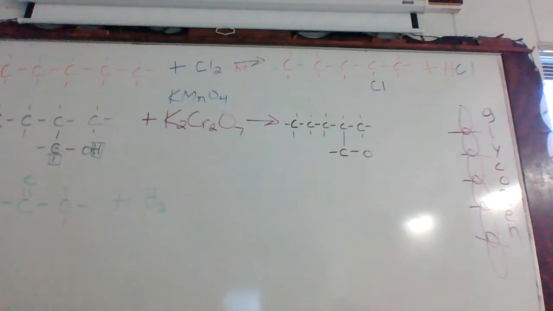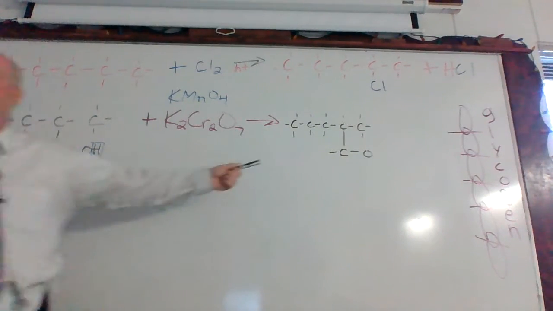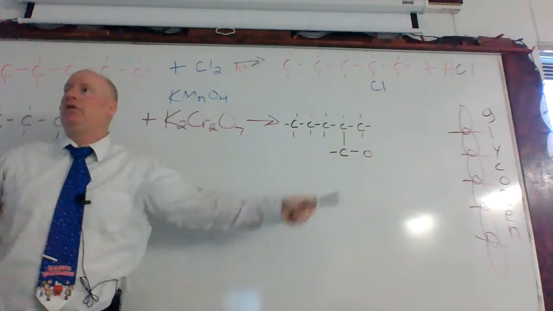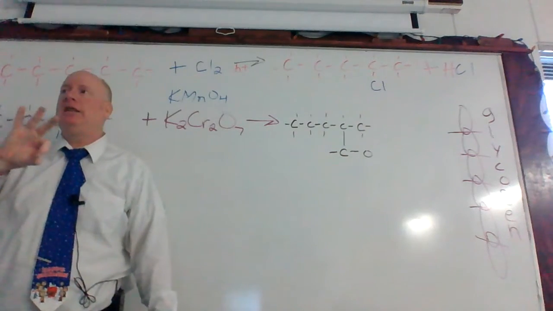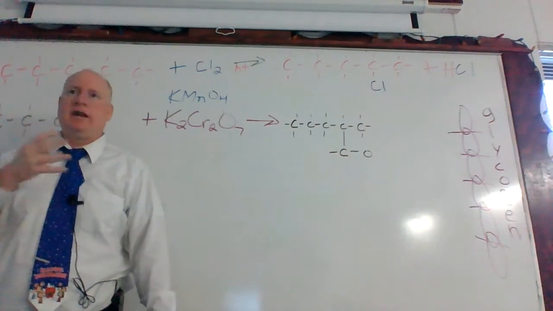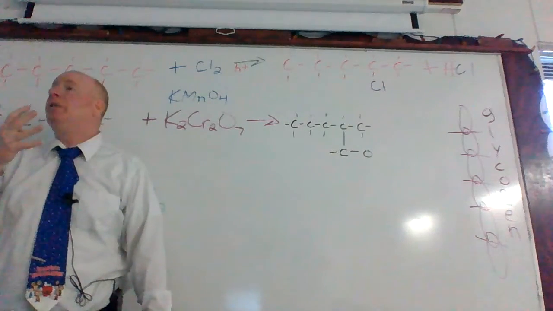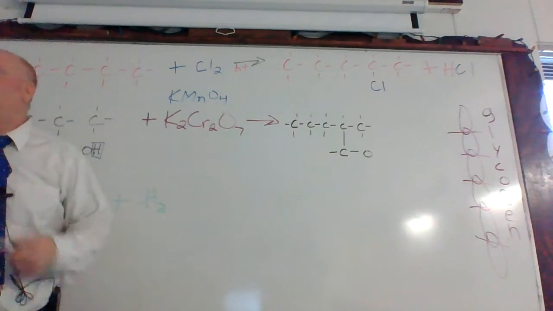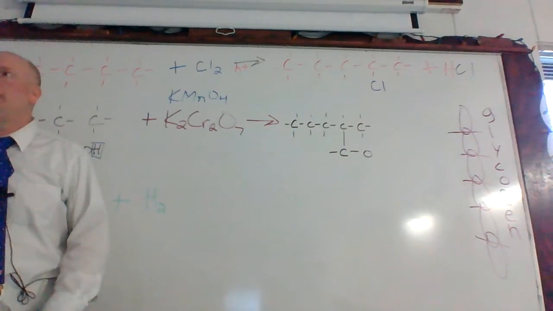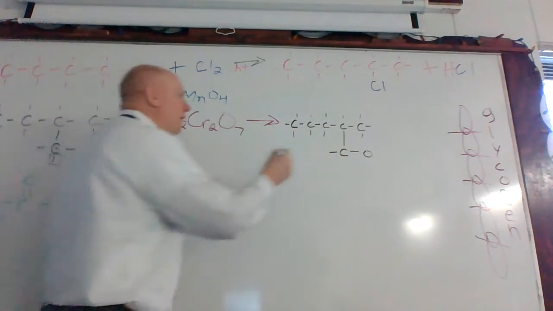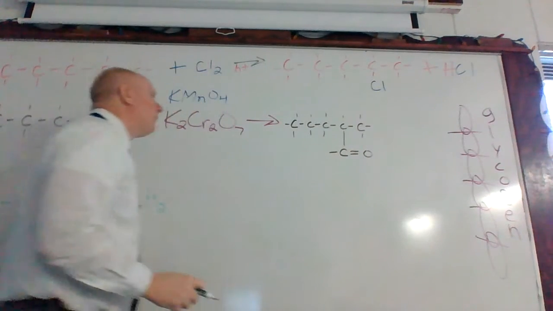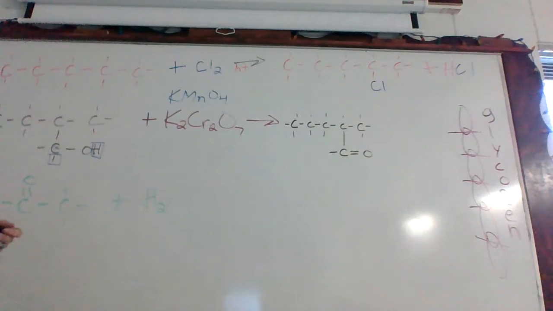But how many bonds does that bottom carbon have? It only has 3. How many does it need? It needs 4. Where's that other bond going to come from? Because what does it mean to be an aldehyde? Yeah, double bond on the oxygen. There we go. Then, when this proceeds further, because what we read earlier, it's a powerful oxidizing agent, we